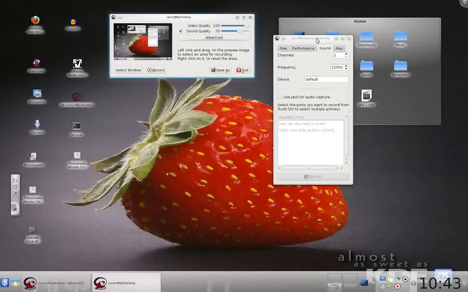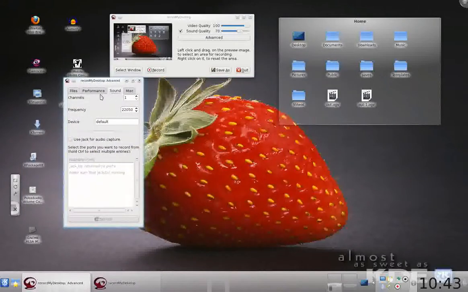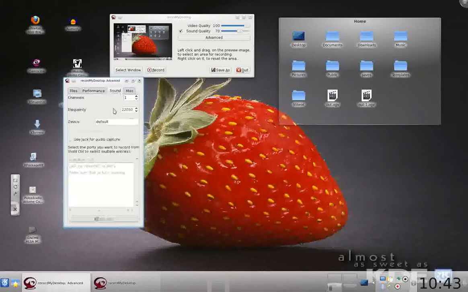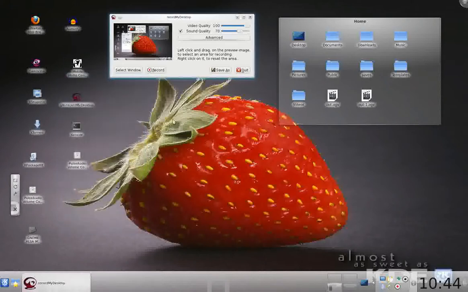Now I also went into GTK Record My Desktop, and as you can see here, performance is 30. Okay, sound, I changed this here. This was default with caps on, so I just changed it to default with the caps off, so small letters. Okay, we can X that off, and I can quit that.